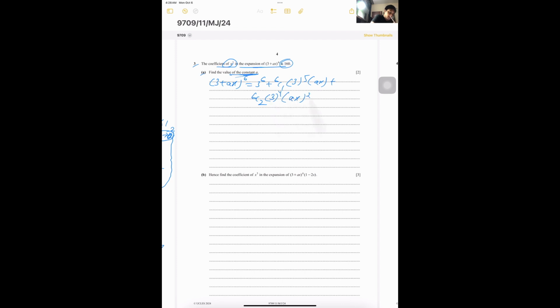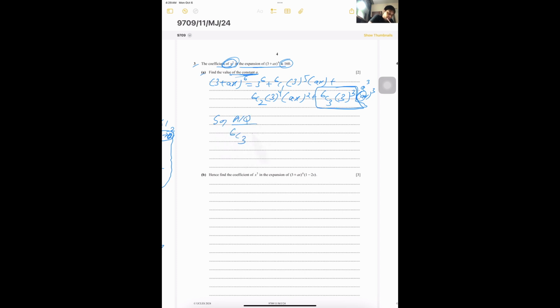So 3 cubed, and always use this method. This is probably the easiest. So x cubed, what is the coefficient of x cubed? This one is the coefficient, and also a cubed, 1 a cubed is there. So as per the question,